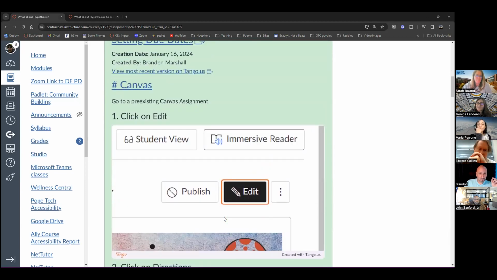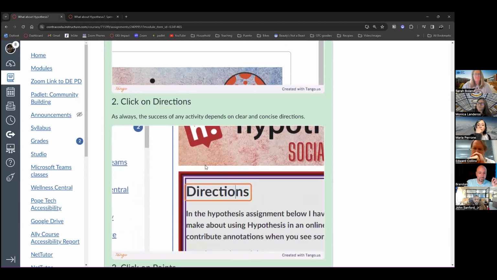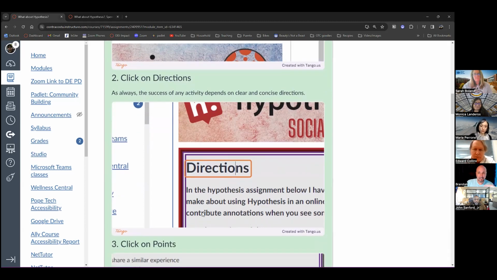But again, just to walk you through. You go to assignment. As always, your directions clear and concise. As an English teacher, I use reader apprenticeship frameworks for the most part to give students things to talk about and kind of give them directions on how to respond to text. It's part of what I do in my job. That's one of my SLOs. So I use those.